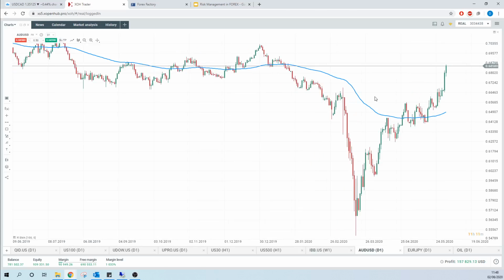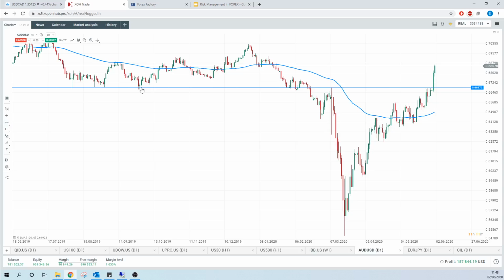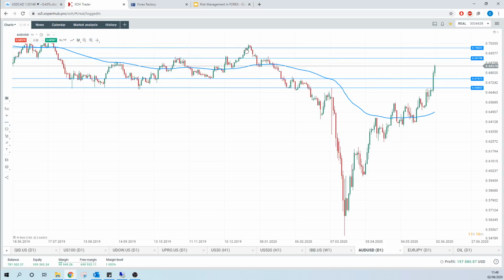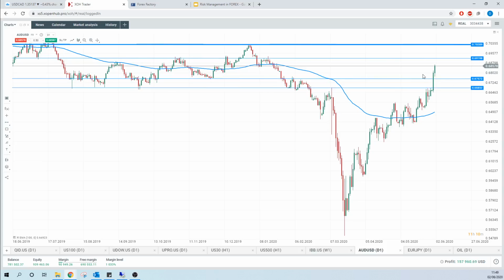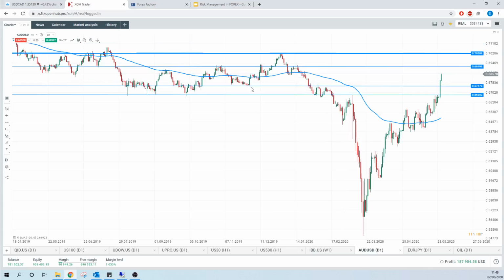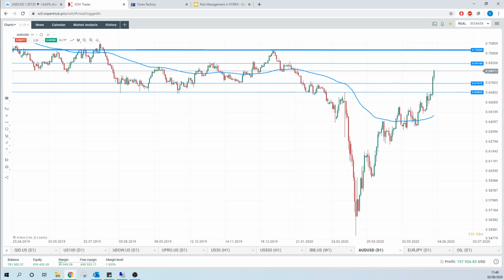Now the question is how long this trend can last, and of course we simply check the levels of support and resistance just to get an idea about it. What we can see, looking at the levels, is where the price simply stopped declining or stopped increasing, and these levels will be my levels of support and resistance and potential take profit. And what I can see, it just recently broke a very strong level. For example, currently I'm running